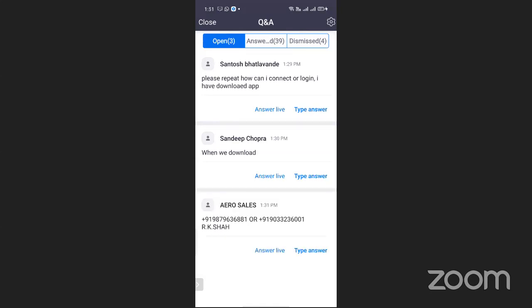So Mr. Santosh, once you download the application in mobile, the application will ask you for your email address. So you have to put your email address. If you are a new user, it will ask you to sign up, and if you are an existing user, just sign in.